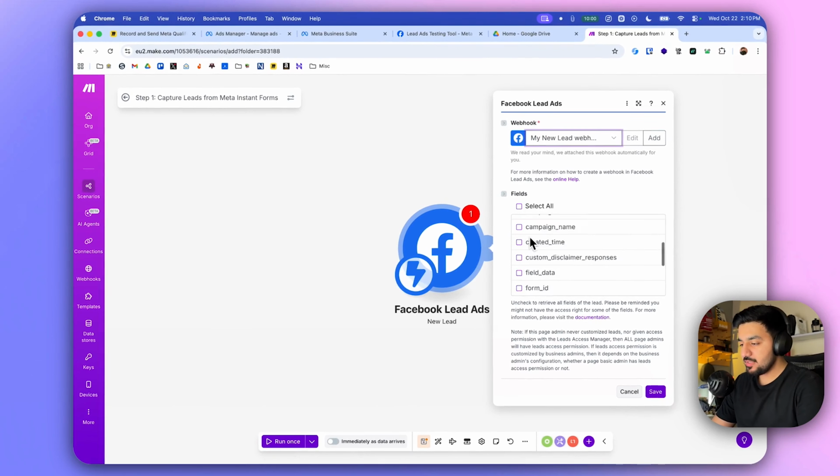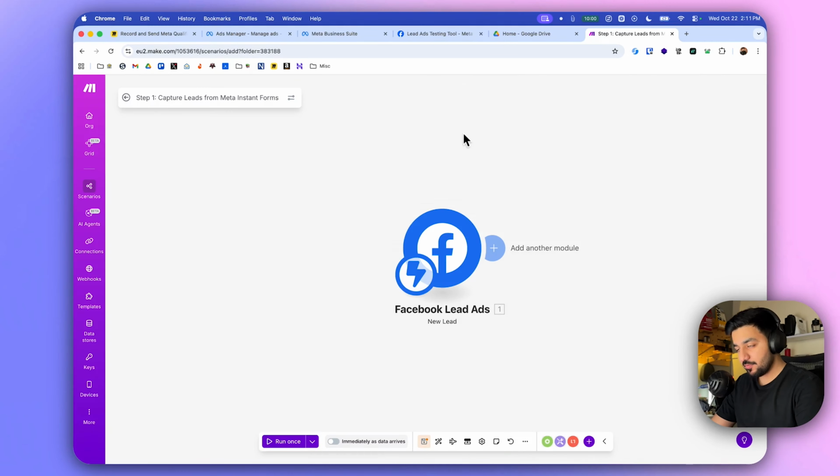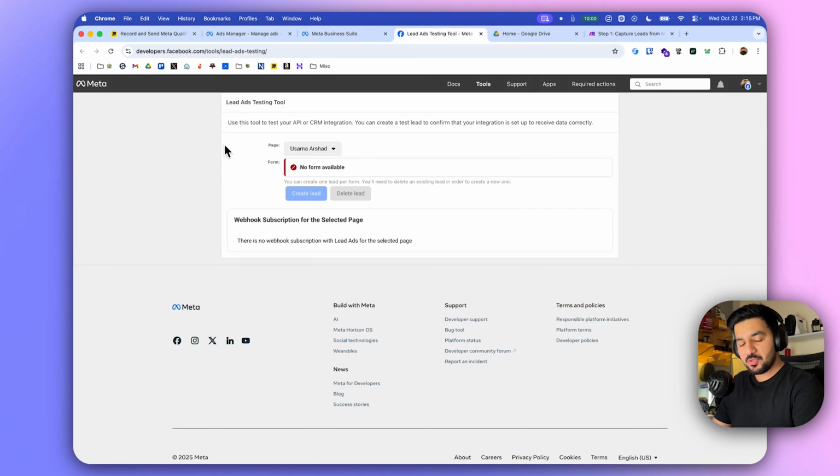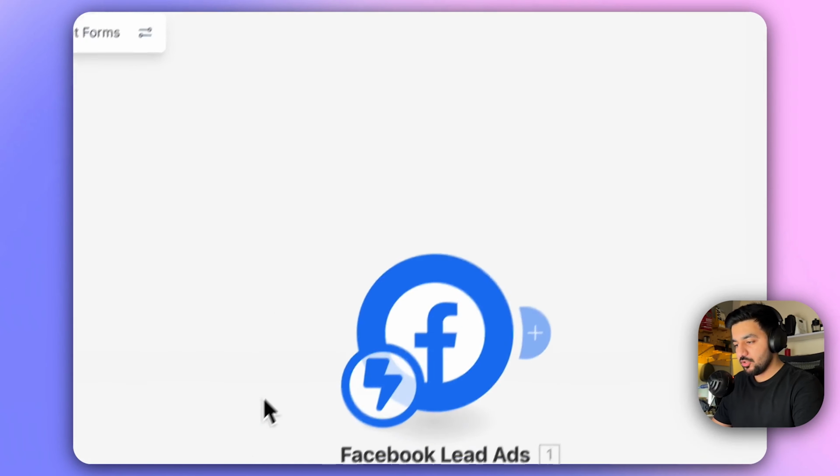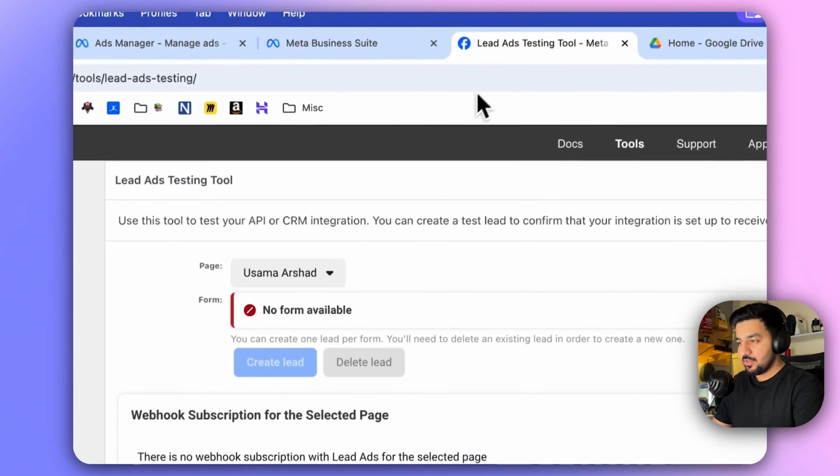As for the fields, you can keep these fields unchecked because we will be filtering them in the Google Sheets. If they are unchecked, all of these fields will be passed to our CRM. Click on save. Meta has this pretty little tool which lets you test instant forms with dummy data. I'll link this tool in the description of this video, and the JSON files of these scenarios, also simple, will be included along with a full guide on how to set it up in the description as well. Anyhow, go back to your Make.com scenario, click on run once,